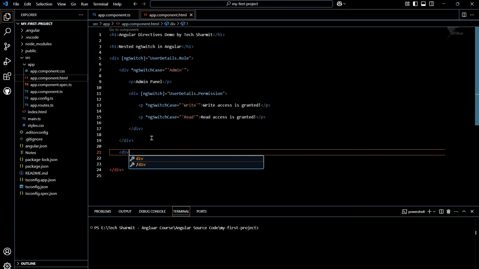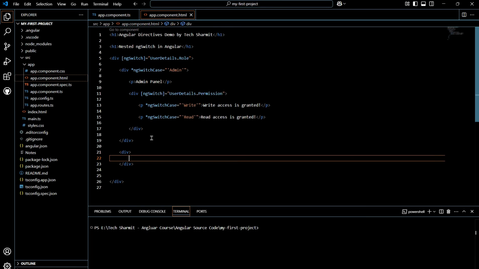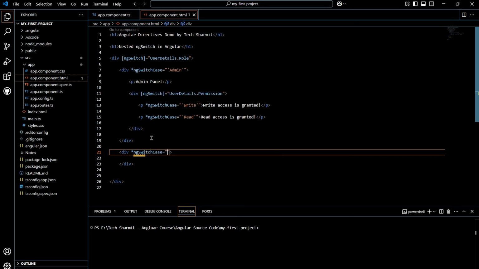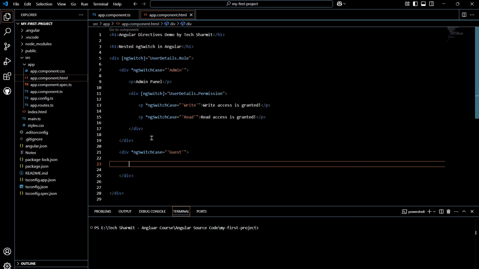So I will write div, and in this div we will check star ngSwitchCase, and inside the switch case we will write guest. Okay, so if it's a guest, then we will print one message in a paragraph where we will write guest panel. Okay, and maybe after this if you want to check any other specific condition, you can check it here,